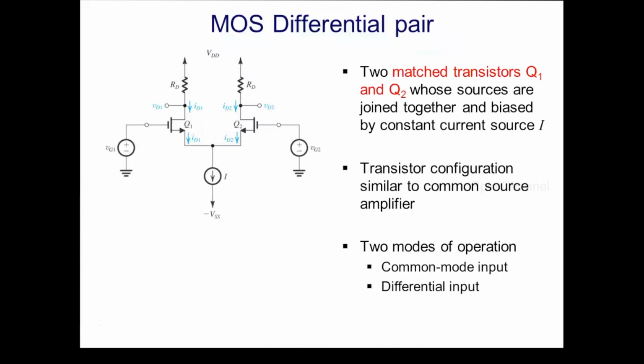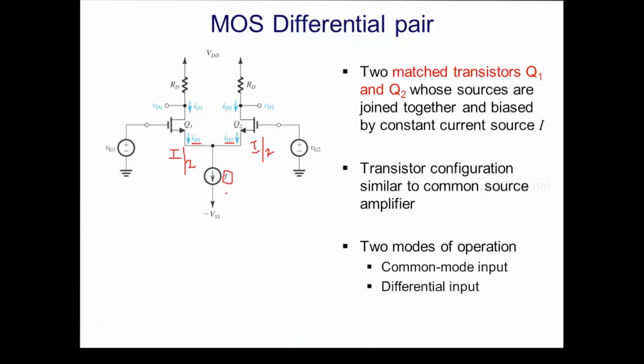Now the current source provided here is I. So if this is I, we know that the DC current is exactly divided between these two transistors. So in that case, ID1 should be equal to ID2. So we can say that I is equal to ID1 plus ID2, or ID1 plus ID2 is equal to I. So in that case, the current will be exactly divided in half, as I by 2 in one transistor and I by 2 in the other transistor. So the total current in the circuit will be equal to the constant current source provided here, that is I.